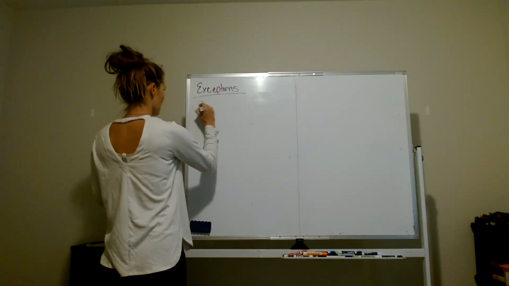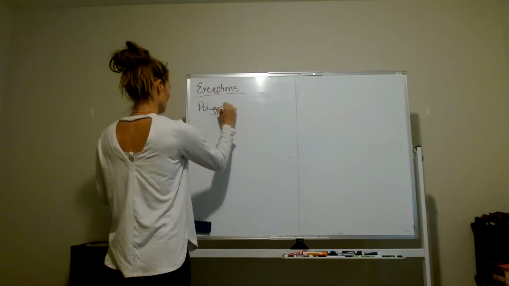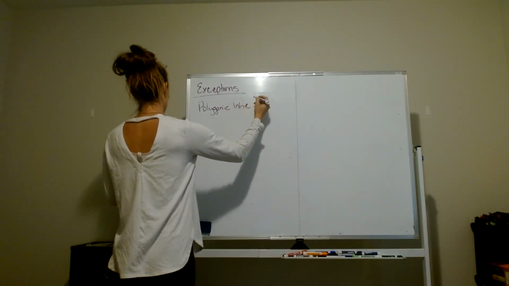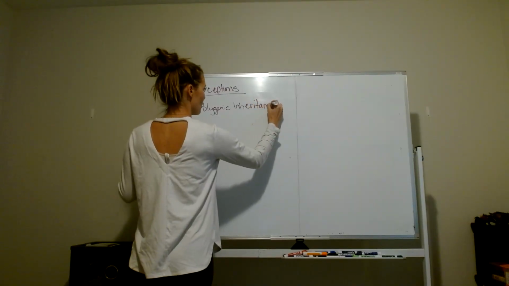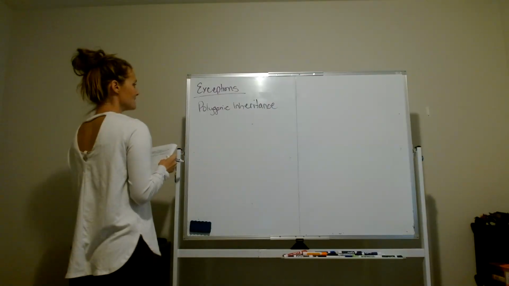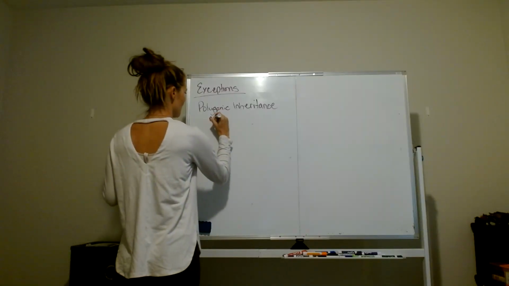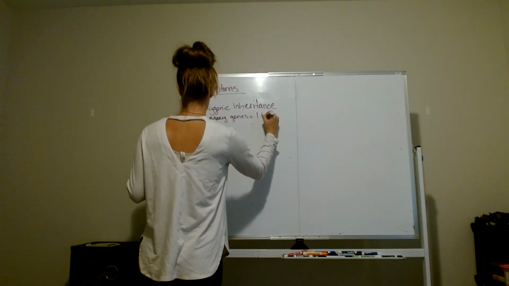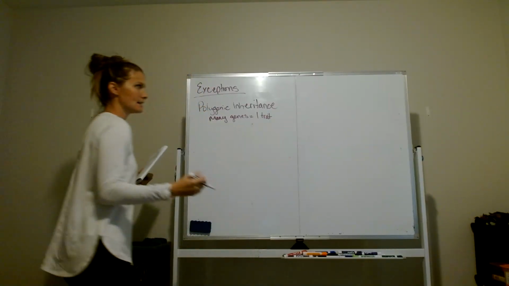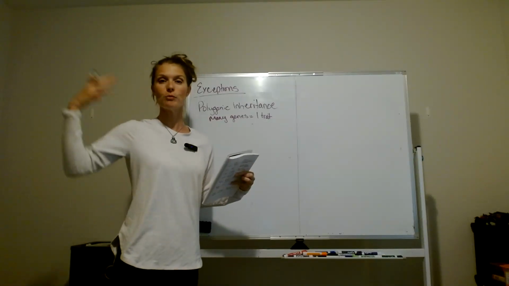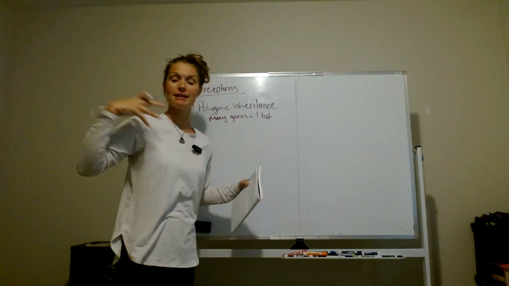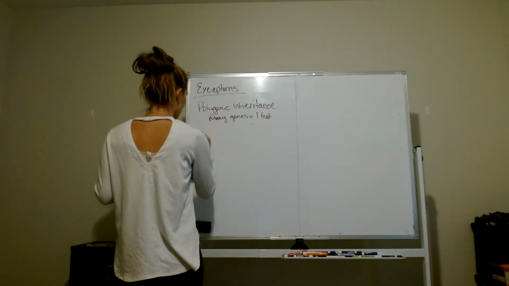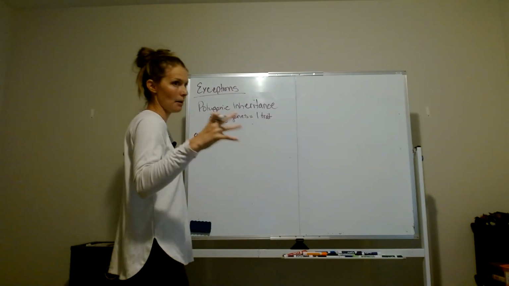Polygenic inheritance. And this is many genes contribute to, let me spell that word out. Many genes contribute to a single trait. Many genes equal one trait. And that would be like looking at human skin color or human height. The heights of humans vary, and skin colors can be impacted by multiple genes. Okay, and then the last one, and this is really big, and this is actually a new, big, and upcoming